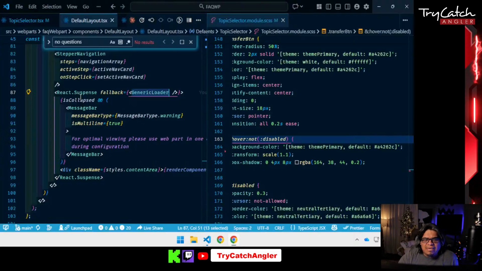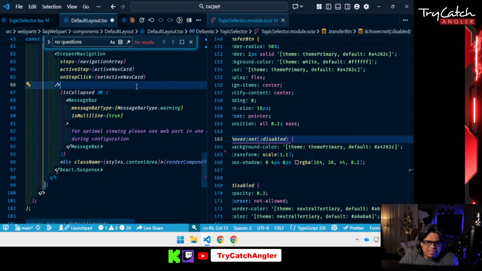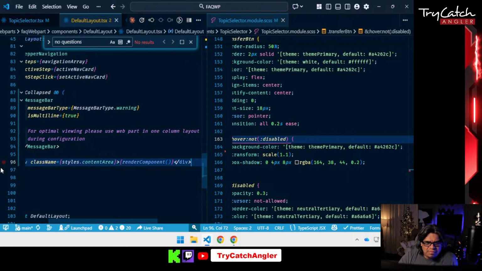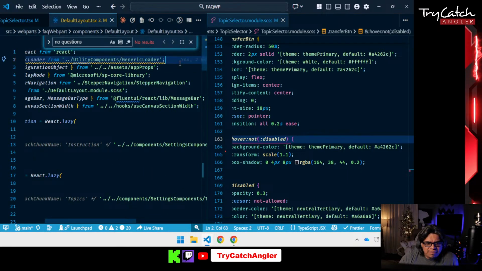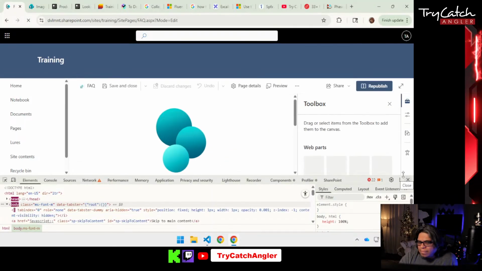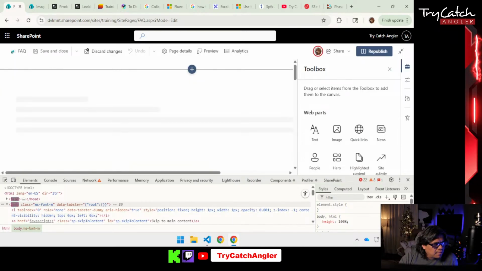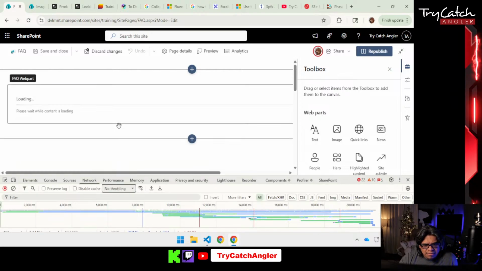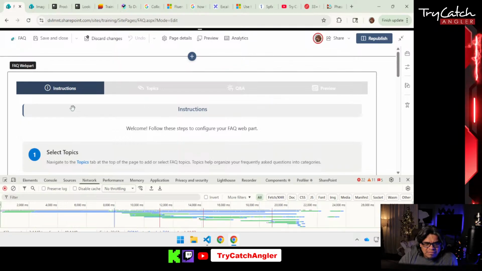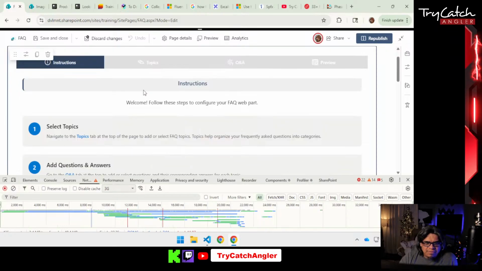And in order to do that we need to get rid of this suspense functionality from here. So let's test that. I'm going to get rid of this, and I'm going to get rid of that. And then I'm going to comment out this generic loader. All right, so now the generic loader is gone, let's take off the throttle so we don't have to wait forever. All right, so instruction loaded. Now when I put it into 3G or throttling,